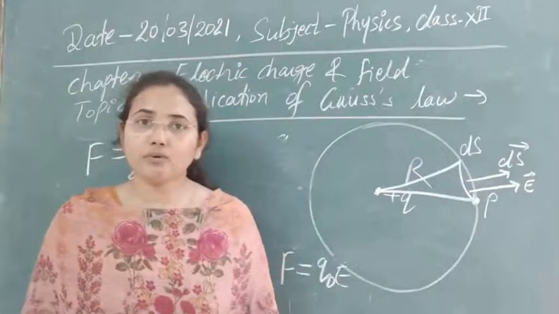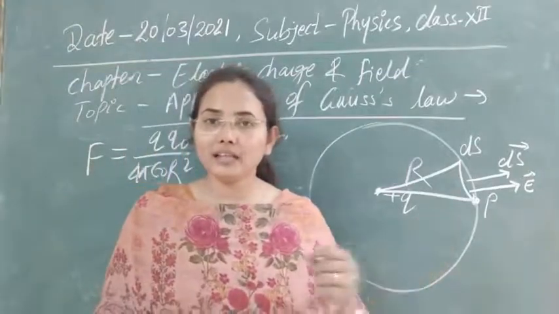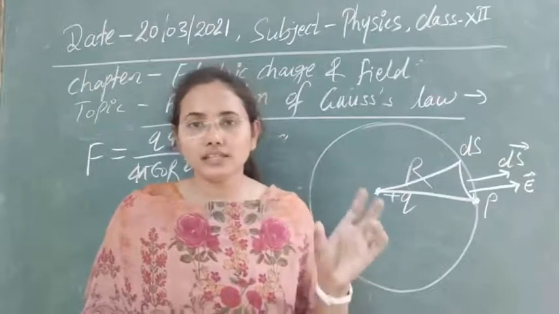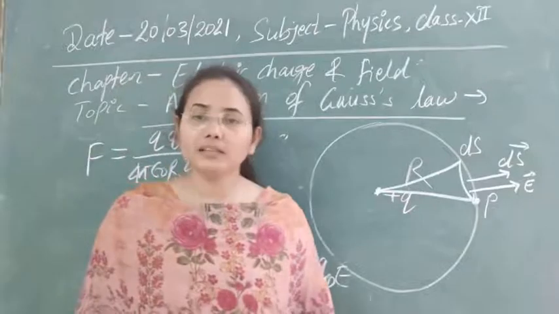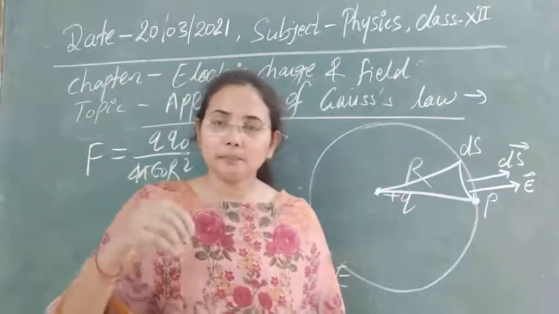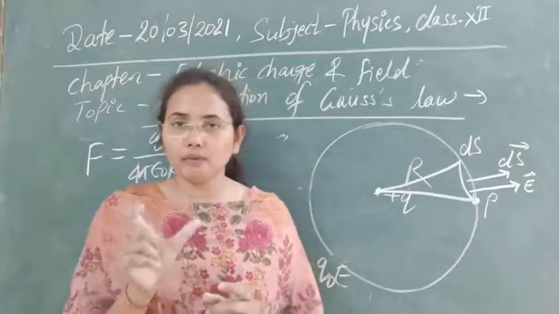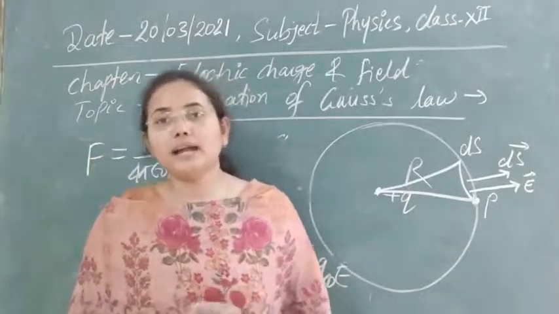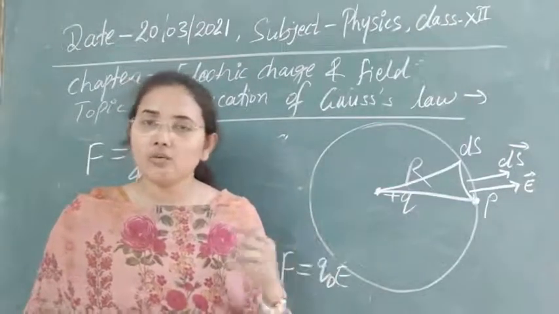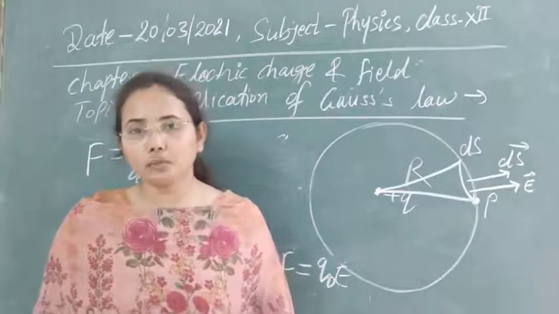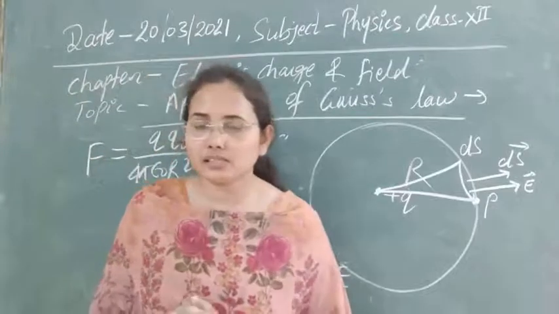In that case we have two points. If we take a point on the axis of the dipole, that is called the axial point. And if we take a point on the line drawn perpendicular to the axis of the dipole, that point is known as the equatorial point. For both points we have seen what the electric field will be, what its formula is, and how we can derive it, and after that we discussed a number of numericals.